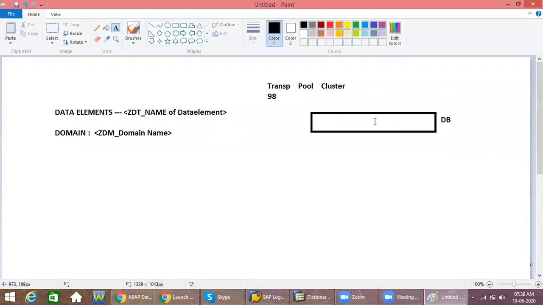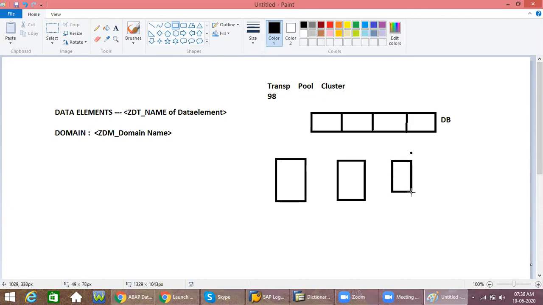This database is divided into partitions, and each and every partition again communicates with a table.